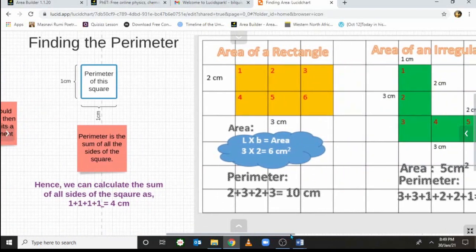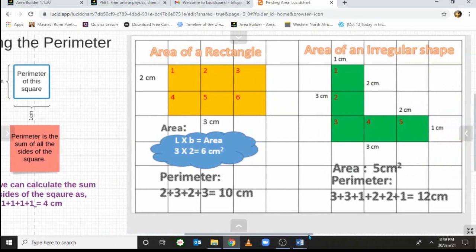Now let's move ahead and see whether this formula applies in other regular shapes or not. So we have taken the rectangle. The one side of rectangle is 2 centimeter and the other side is 3 centimeter. The longer one is the length and the shorter length is called the breadth. And the covered area has 6 squares. Let's count. We can count the squares as well. 1, 2, 3, 4, 5, 6. So there are 6 squares, or the area of this rectangle will be 6 centimeter square.